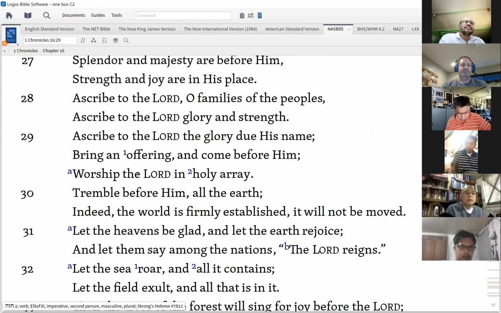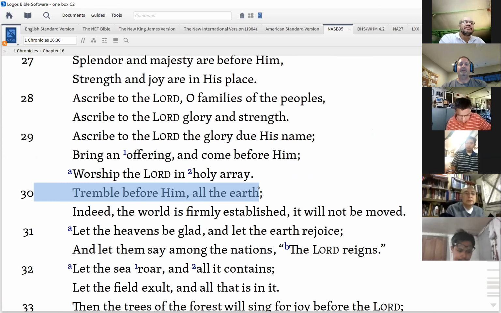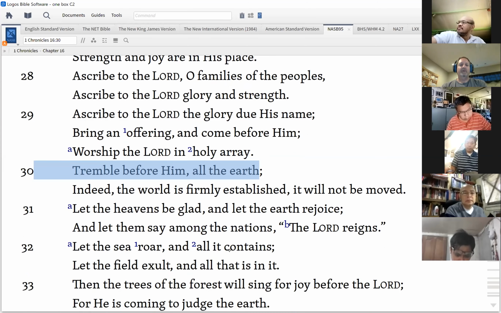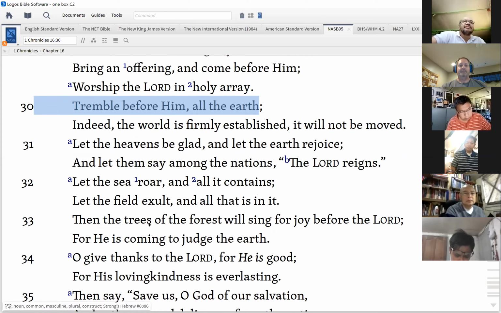Worship the Lord, verse 29. Tremble before him, all the earth. What psalm did we see that statement in? Psalm 99. Let all the earth tremble. Let the heavens be glad, let the earth rejoice, let them say among the nations, the Lord reigns. We're back to Psalm 98, verse 32 is the same phrase in Psalm 98, verse 33,